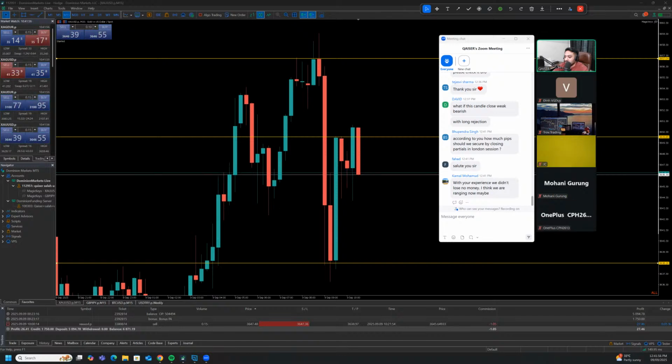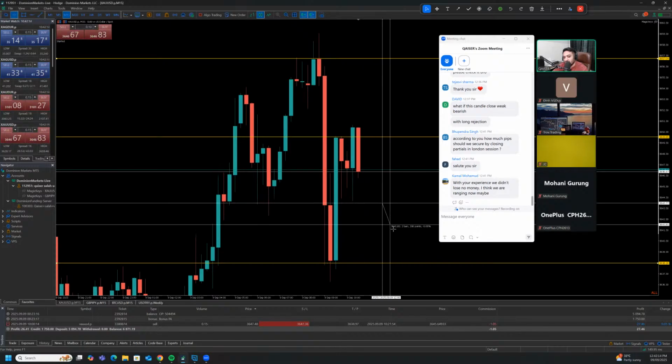Trapped, someone is trapped in this bias actually. I'm waiting on a 30-minute bearish close for sells. Don't like the M15. That's great. Cash buy sells is good if the 50-minute closes below support. Yes. If this candle closes below the support, below this whole rejection on the left hand side, it could